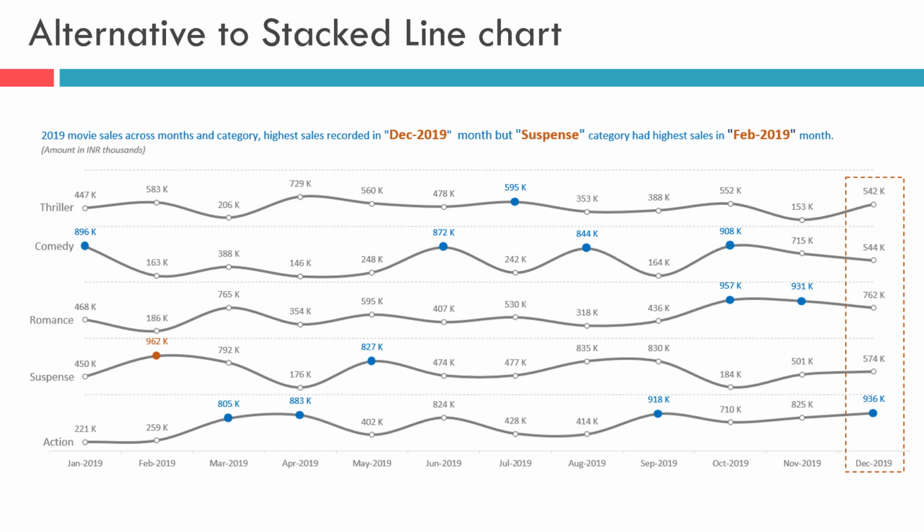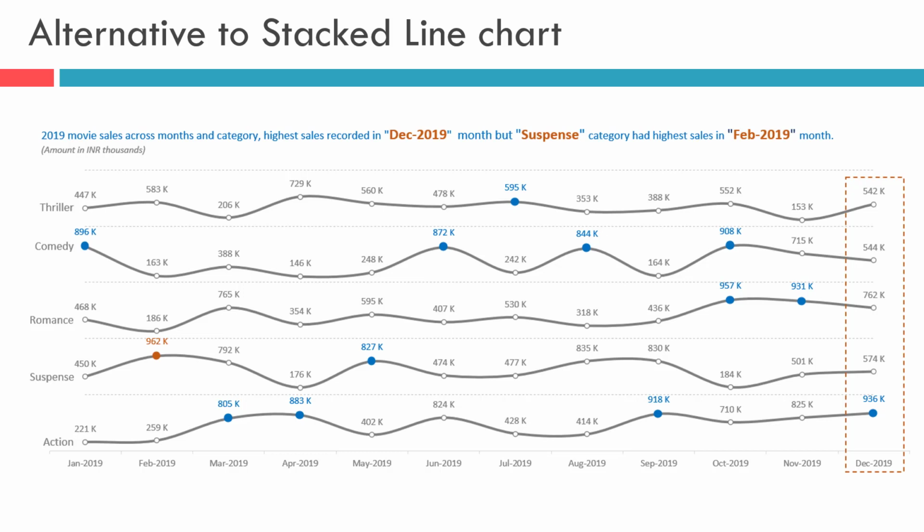Similarly, for comedy, there have been a lot of ups and downs in sales. The year started with higher sales in this category but then dropped off for almost 4 months. For the rest of the year, it was a roller coaster ride in this category. Movies in the thriller category seem to have flat sales across all the months. Now you can gain a lot more insights quickly from this presentation.